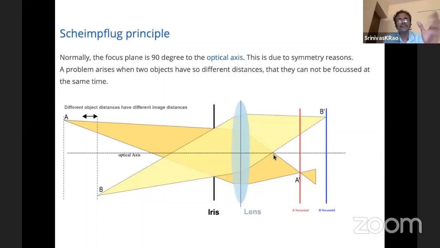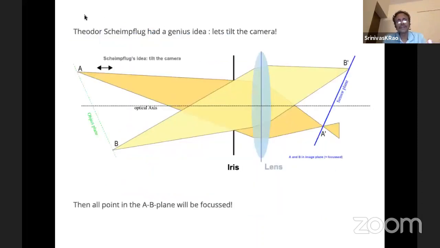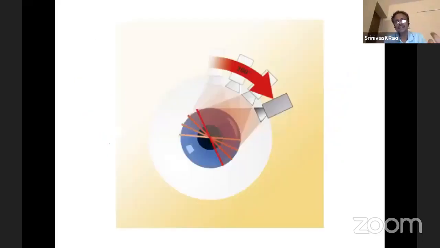So if you wanted to overcome this and look at the entire cornea, the anterior and posterior surface in good focus, one of the ways, which Theodor Scheimpflug, an Austrian military engineer, came up with, was to basically tilt the plane of the image plane in the camera. When you tilt that, you could get different layers of the object system into perfect focus, unlike with an SLR system. And this is called the Scheimpflug principle, which these devices use.